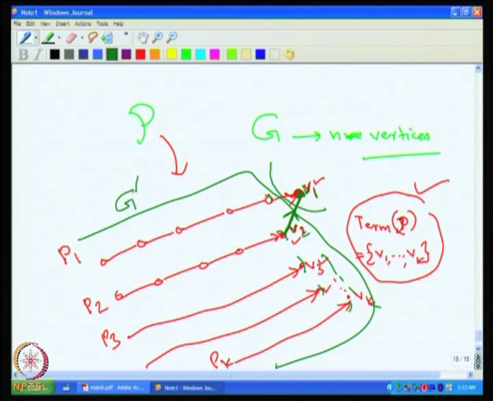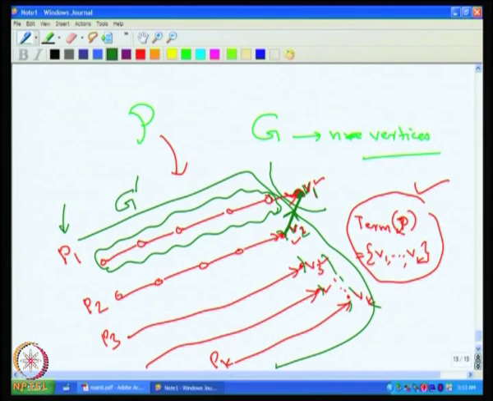So, one question we can ask is, is it possible that this portion entirely disappeared in G dash or not? For instance, what if P1 was a single node path initially? Can P1 be a single node path in the original path cover? That means this portion was not there. That will never happen, because